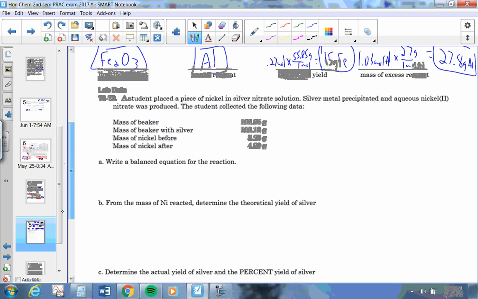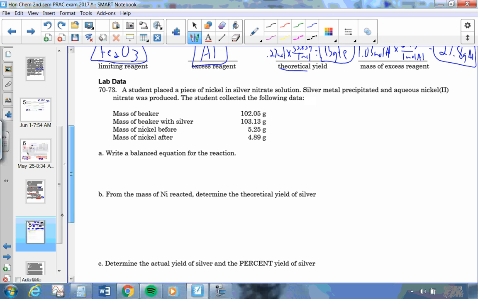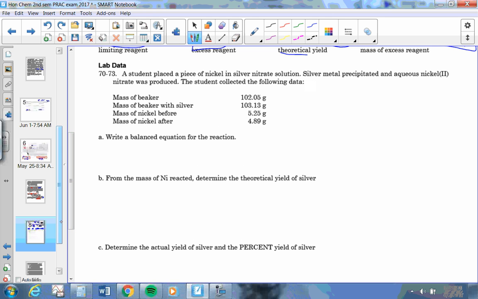Next one, less complicated, but we have to pick out the information. There was a lab that was going on. This lab had to do with, well, let's see, it must have had something to do with nickel, must have had something to do with silver, but hopefully they'll tell us the whole thing because we're going to have to